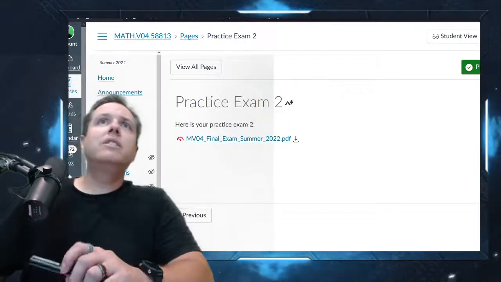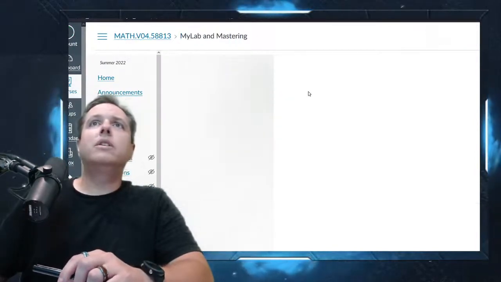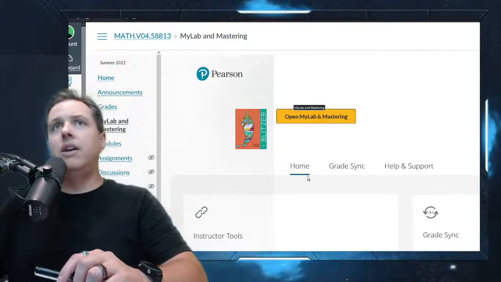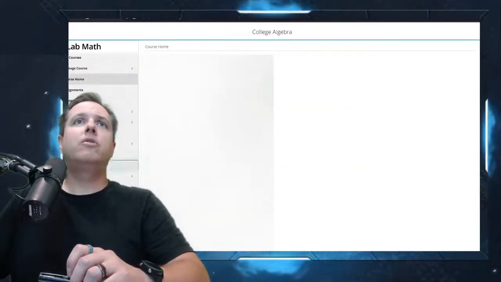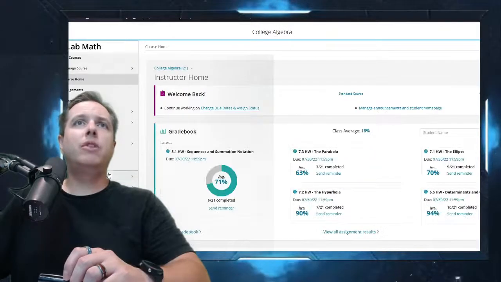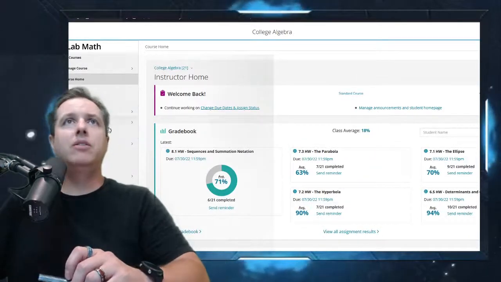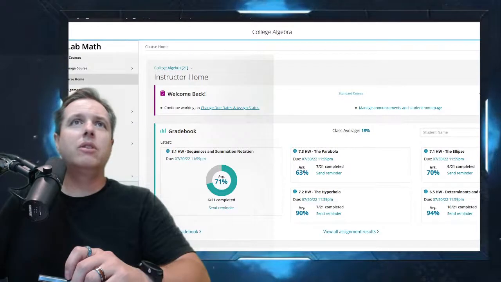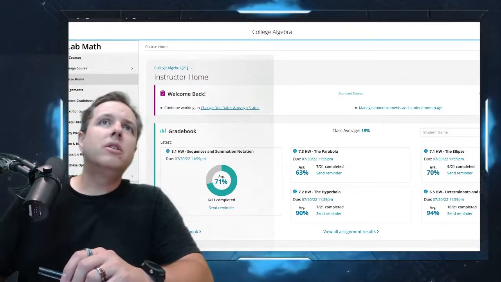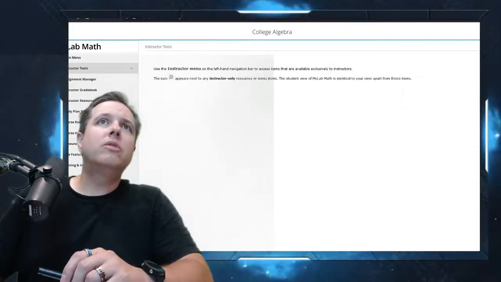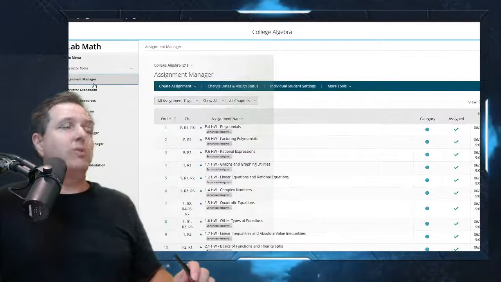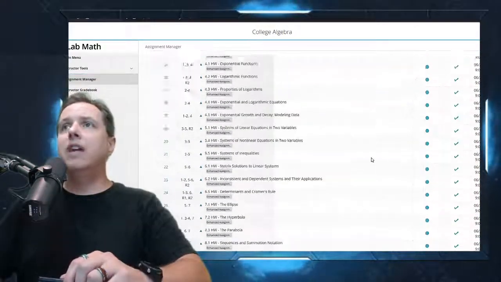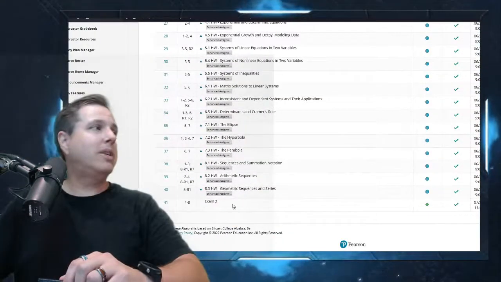Let's see if I can pull it up actually. If we go in there, and I go to, be careful what I click so I don't expose anybody's grades or anything. Let's see, where are we? I did this the long way. Instead of just going straight to Assignment Manager, I went the long way in here. But you see I've got it set up down here at the bottom, Exam 2.